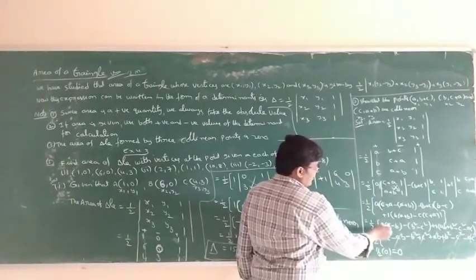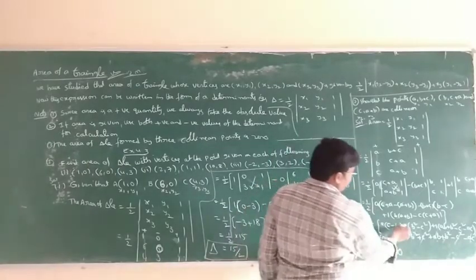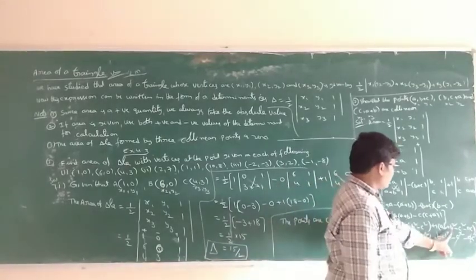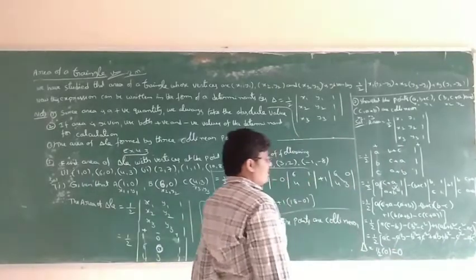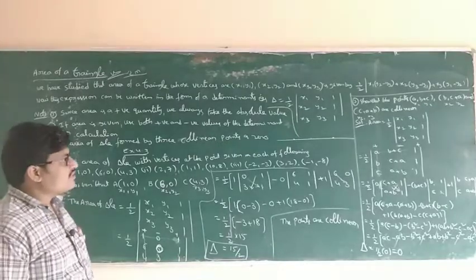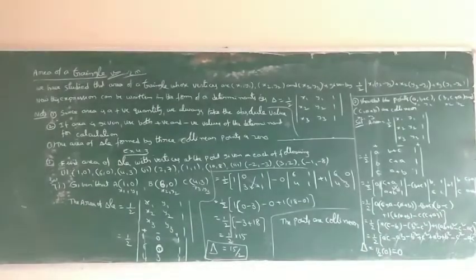So simplification, AC minus AB minus, into plus minus, B square plus C square plus AB plus B square, all are cancelled, 0. So area is equal to 0. Area 0 means the given 3 points are which points? Collinear points. This is one. These are the two models. First model is direct area and the second one is collinear.